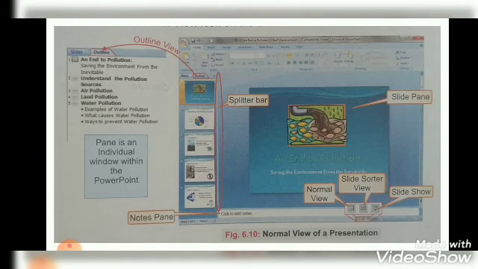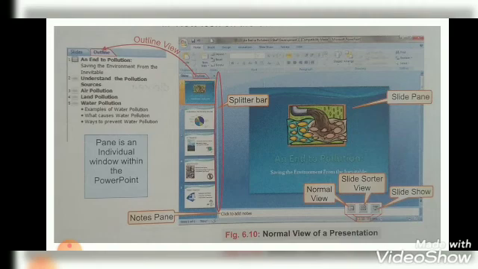We can also have a large view of an individual slide, a notes pane at the bottom, an outline of the slide text, and slides displayed as thumbnails, all at the same time. Here children, to open this view, open the View tab and click the Normal button, or else click the Normal view icon on the status bar.